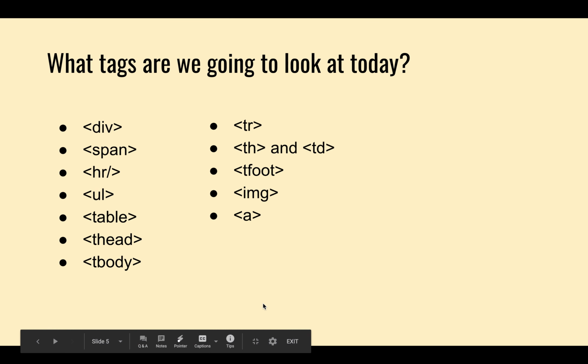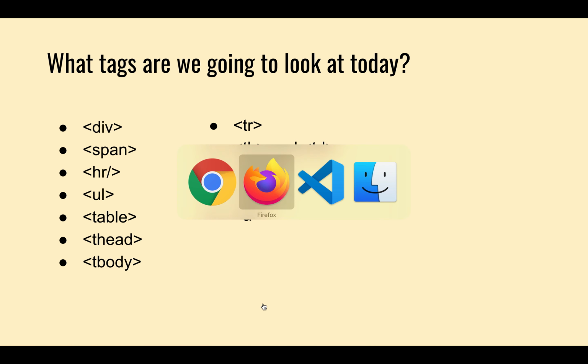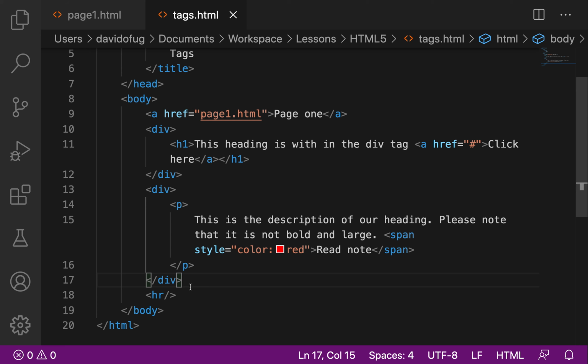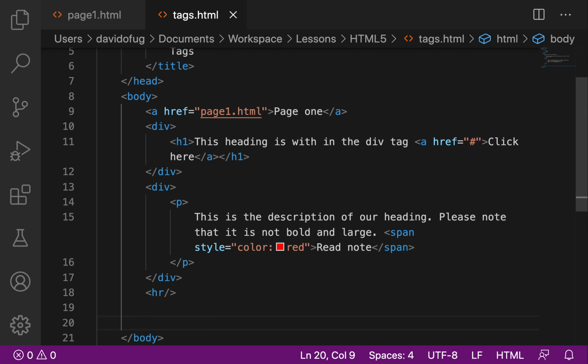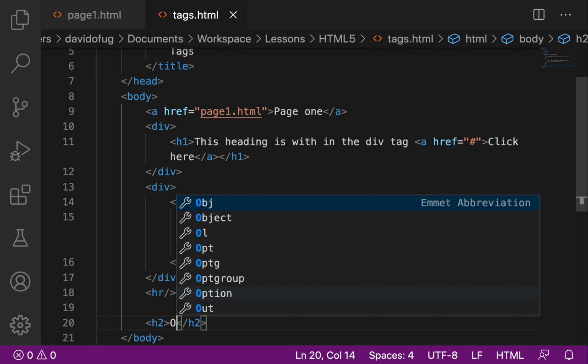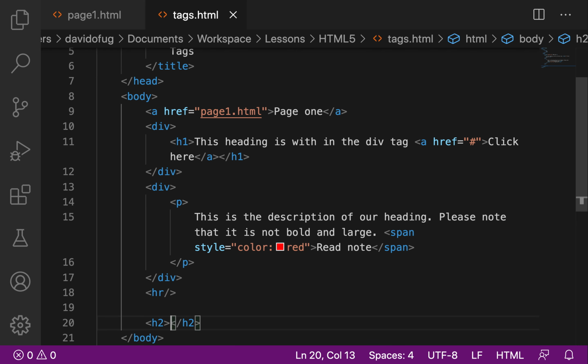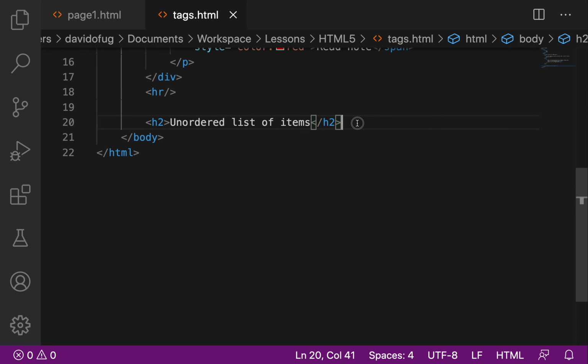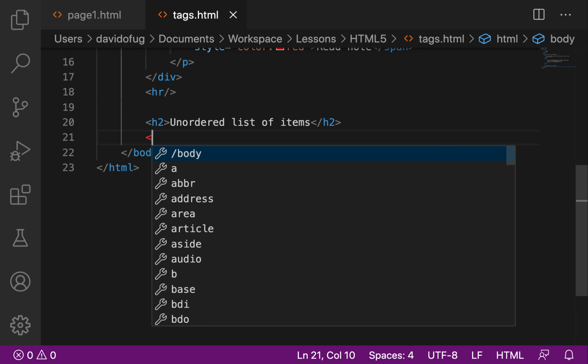Let's look at the UL, or unordered list. Have you seen bullets on a web page, like items which have bullets? Let's put here a heading 2 and say unordered list of items. The way we write them is by writing